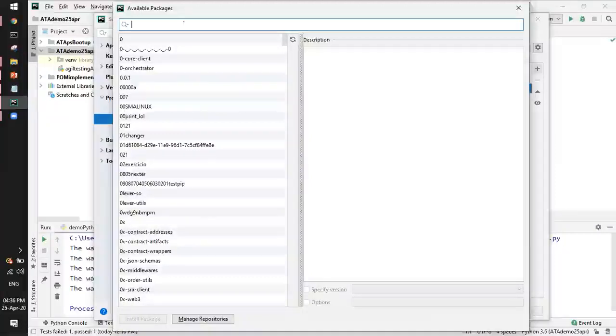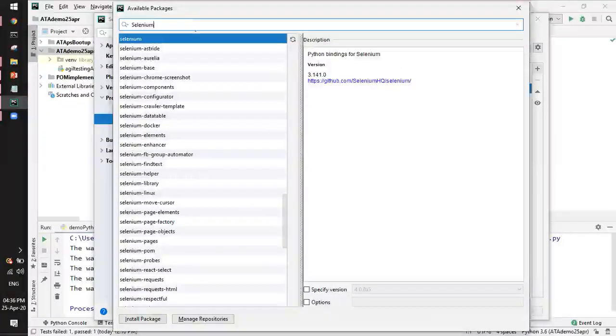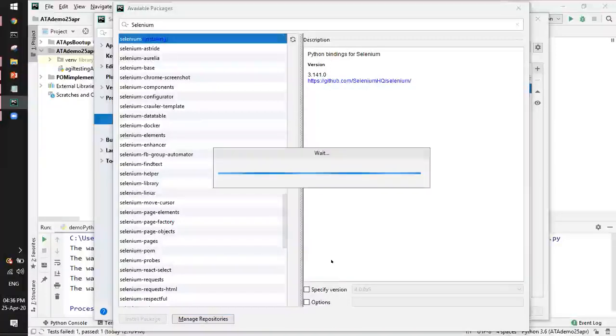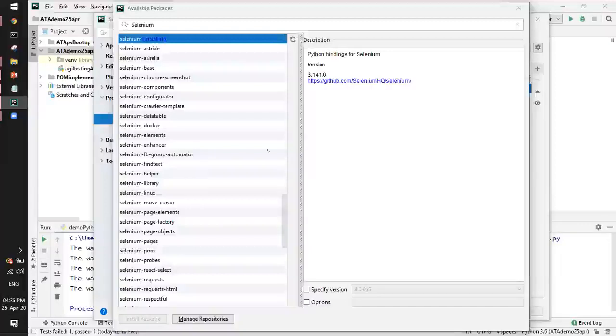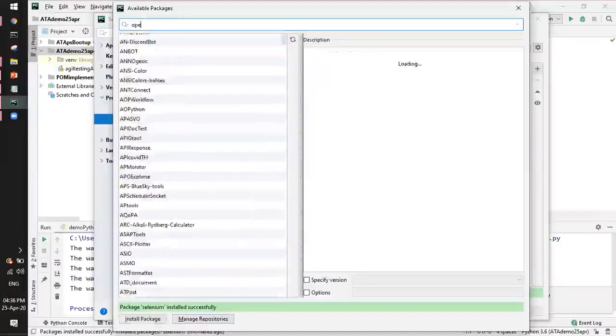For me, I need the Selenium package as of now. So I'll search for Selenium and get it. Whatever version I have, I'll just click on install package. It will take a few minutes. It has installed now. Similar to that, I'll also search OpenPyXL